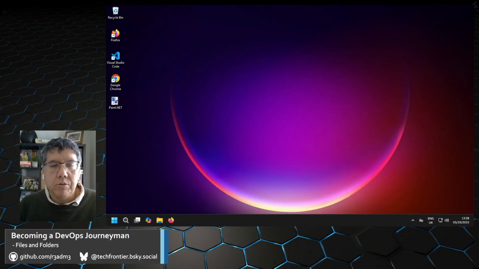So on our road to being a DevOps journeyman, we're going to have to start at the basics. We're going to have to figure out how we manage files and folders to start off with, because things get a lot more complicated down the line. But everything starts with having files in folders in a computer somewhere. So what we're going to do is, to the right of me,